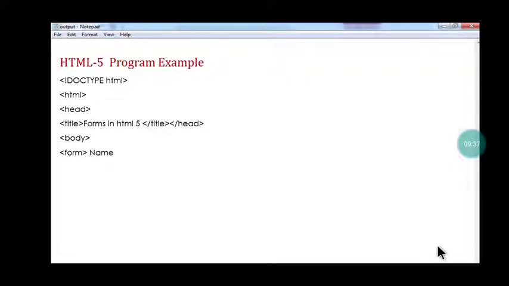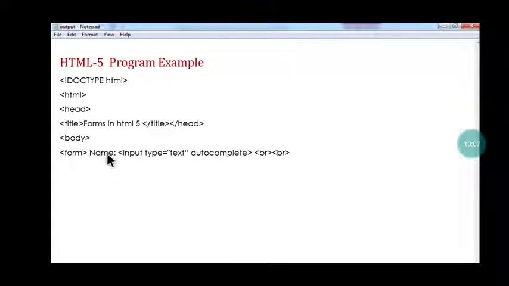Below the body tag there is a form tag. The form tag is necessary. It is required in your HTML5 program whenever you create a new form. Without the form tag, if you start writing the program, you will get the output, but the data will not be submitted to the server. Here it is given name. Name is the label, meaning how you can identify the text box on the web page.